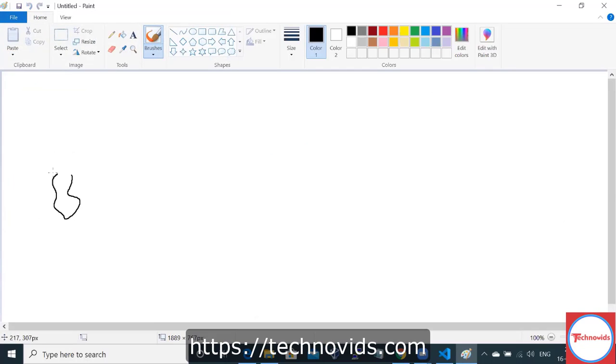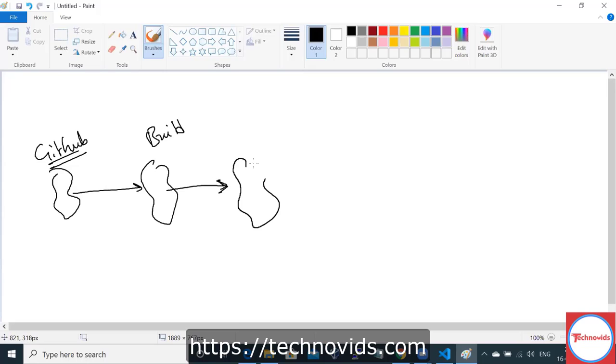Now say this is GitHub. You build your code, and after building, you drop it in Artifactory. This is also called an artifact.